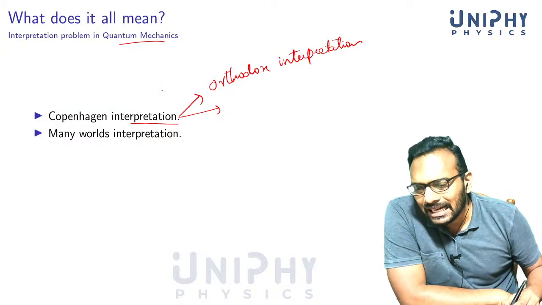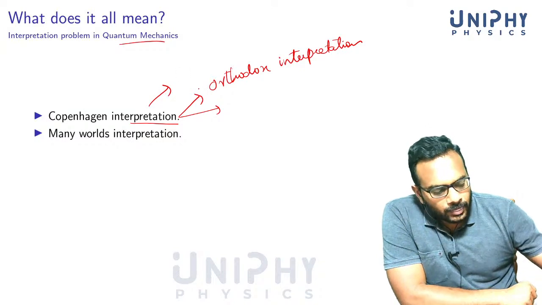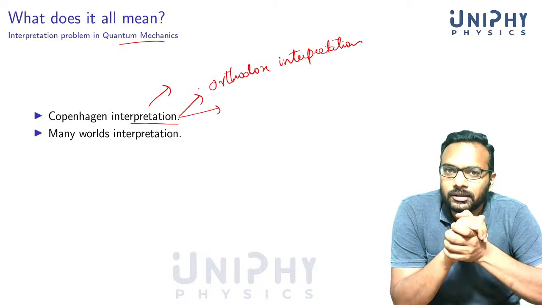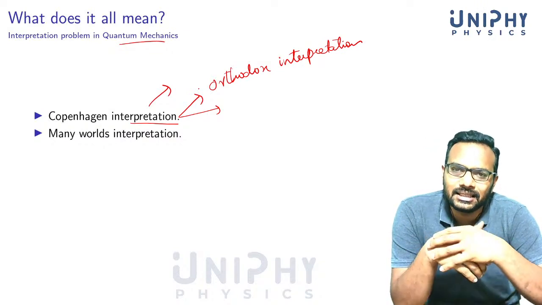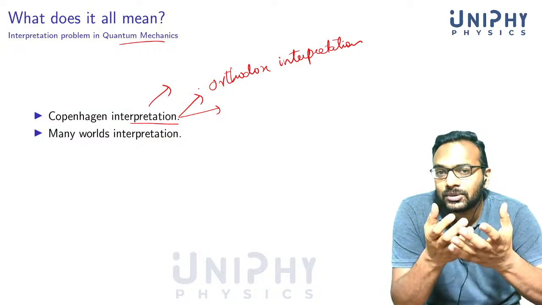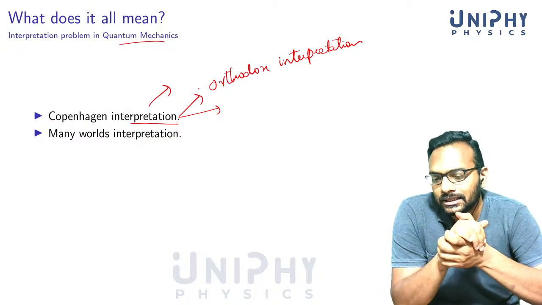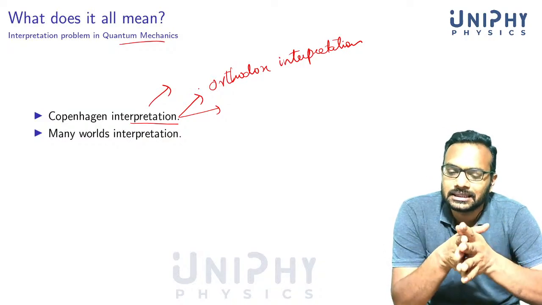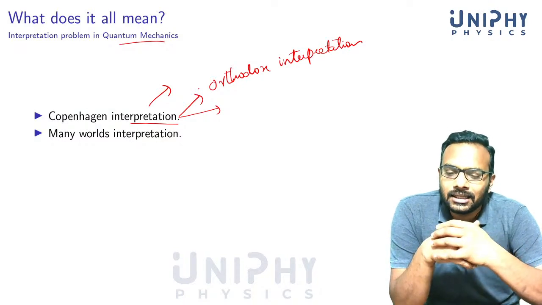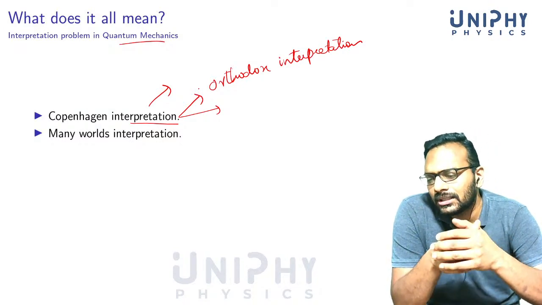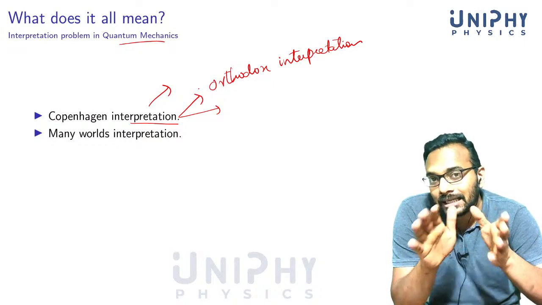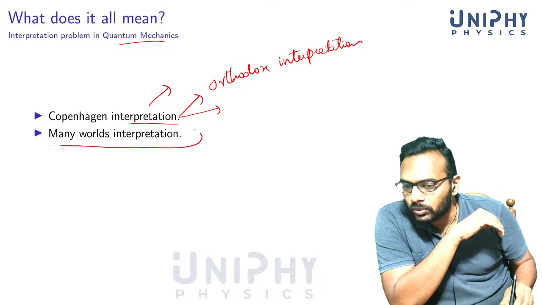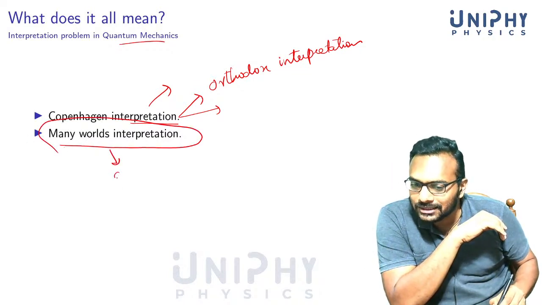The basic idea of the Copenhagen interpretation is that quantum mechanics is just a mathematical way to calculate probabilities, and it doesn't really tell us anything about the actual way electrons behave in nature. It's just a tool to calculate probabilities, because we cannot measure an electron in superposition. There's no point in considering it as a literal thing. That's what they said. There's also an interpretation called the many worlds interpretation, which takes quantum mechanics literally.